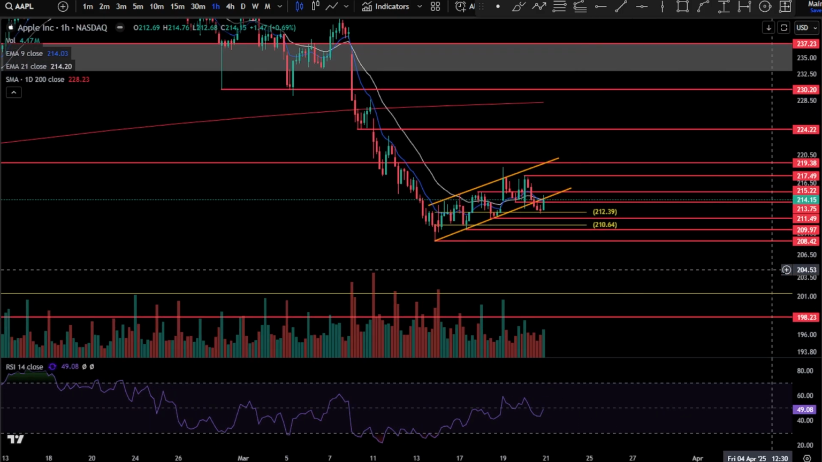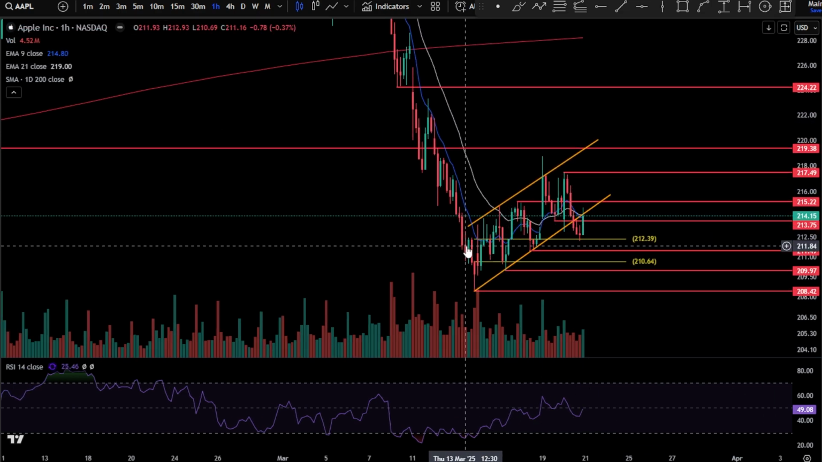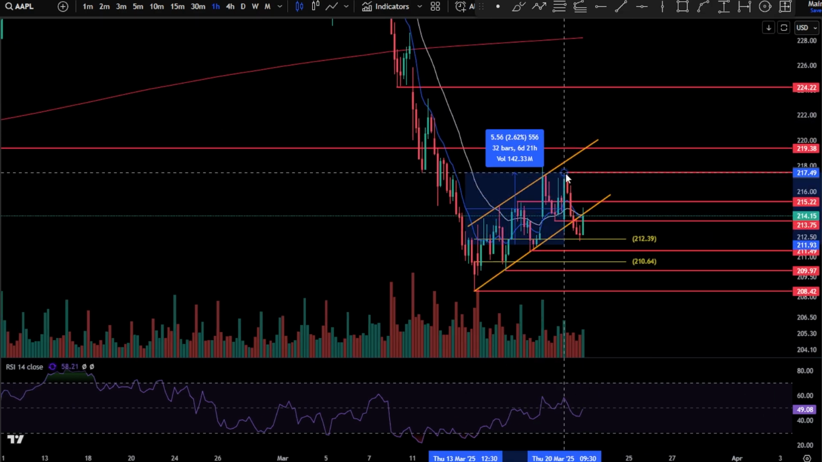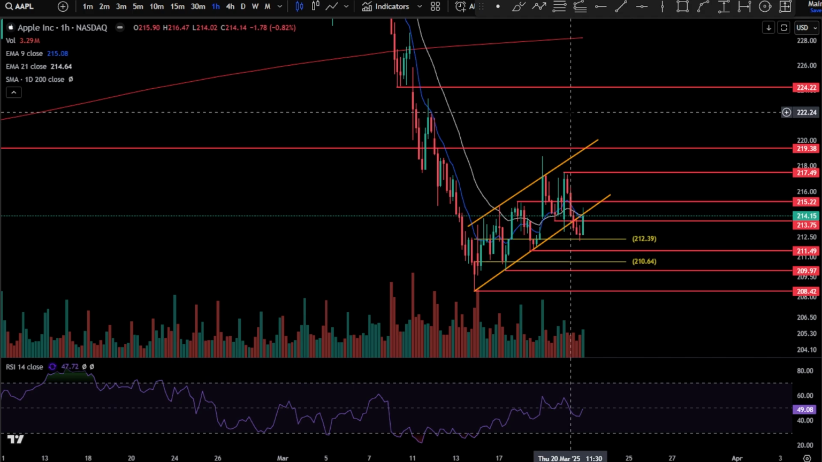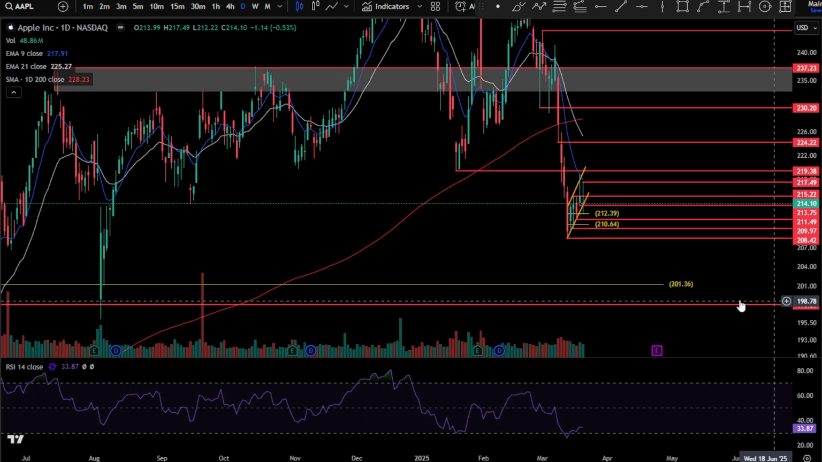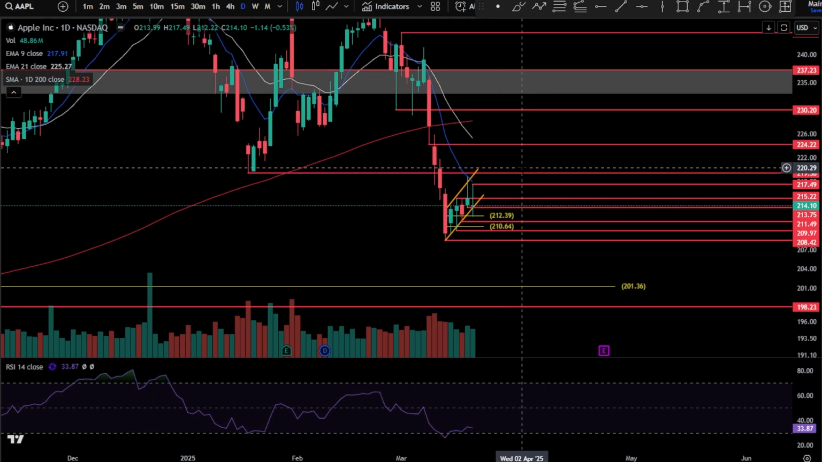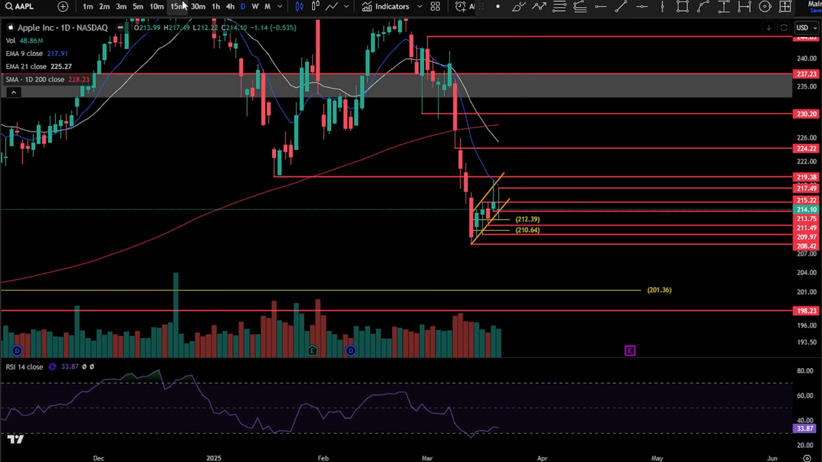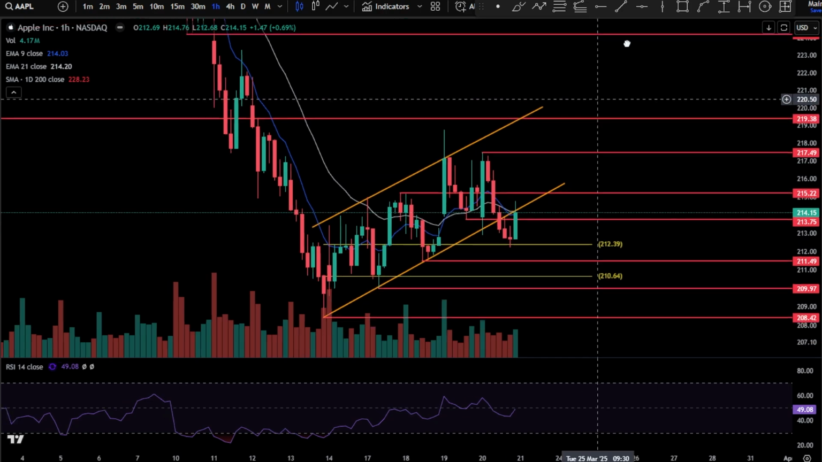Apple, how are we looking over here? It broke down from that bear flag that's been building out for a whole week now. You finally broke down from it. We're going to have to see how this goes, but it's looking pretty hairy over here on the daily time frame. And if you start breaking under this level right over here,